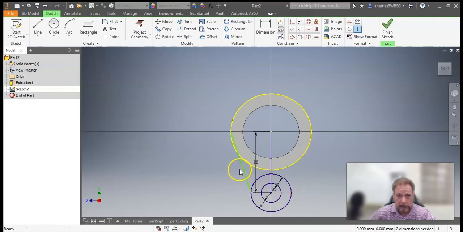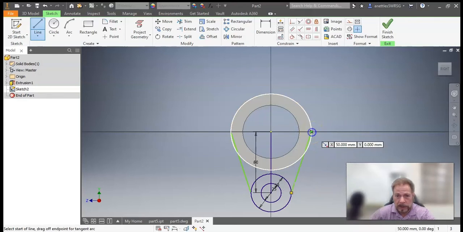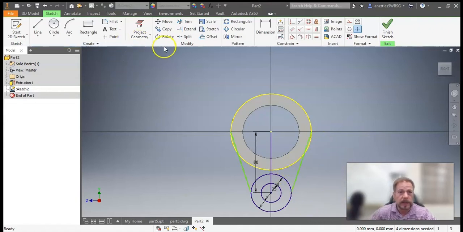I'm going to hit OK. There's our first line. I'm going to do the same thing on the opposite side. I'm going to grab this quadrant right here, and I'm going to draw all the way up to this other quadrant, and I'm going to hit OK. Now these lines don't project. They end at the exterior of the cylinder, so I'm going to need to use my trim command